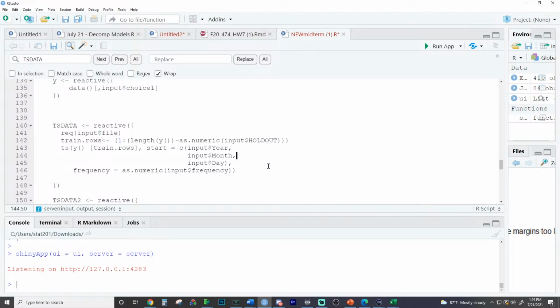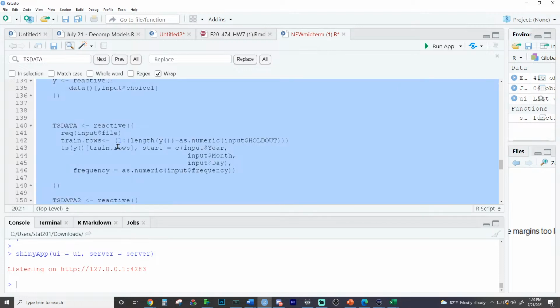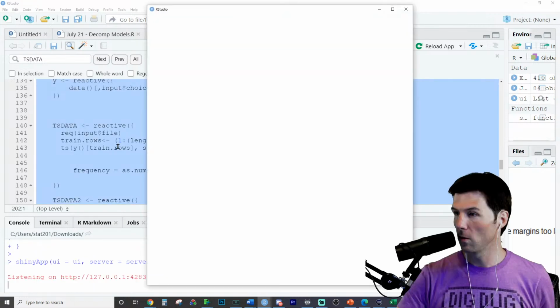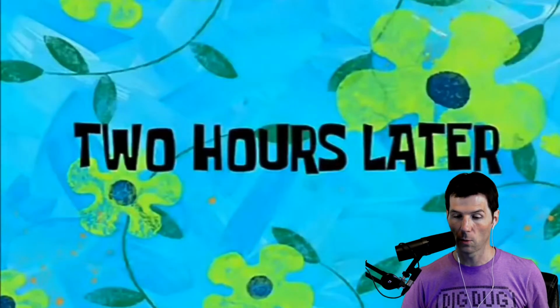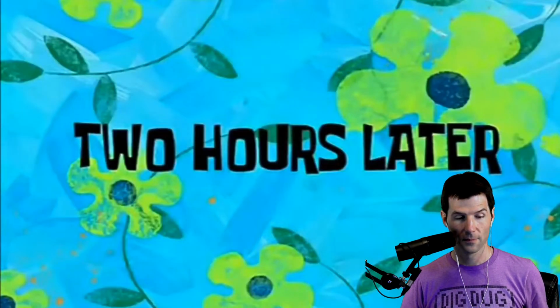We just had the frequency as an argument inside of the start argument concatenate. This is its own function right here. So we had it as one of the arguments inside of the concatenate, and it needs to be its own argument inside of the time series function, because right here is where the time series closes. I don't like that space. Go away, space. Okay, so if we've done this correctly now, everything should work. Cross your fingers.